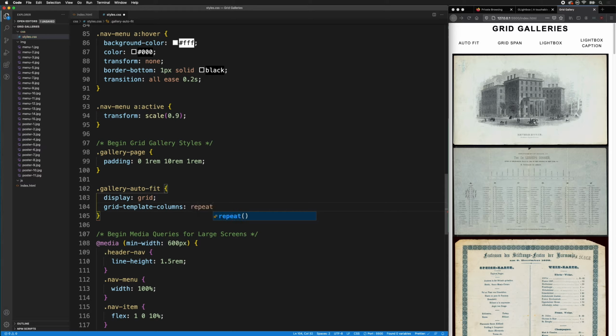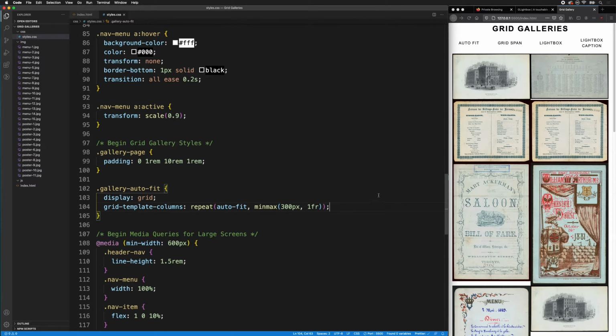So we're going to type repeat. The first one will be autofit. So that's how many columns. And then we need to put a min-max and make sure there's no space between min-max and your parentheses. So then we're going to say min-max on a range of 300 pixels to 1 FR. And if I save that, suddenly